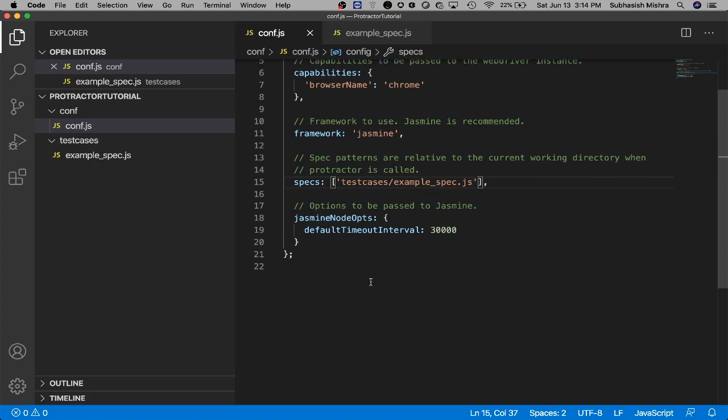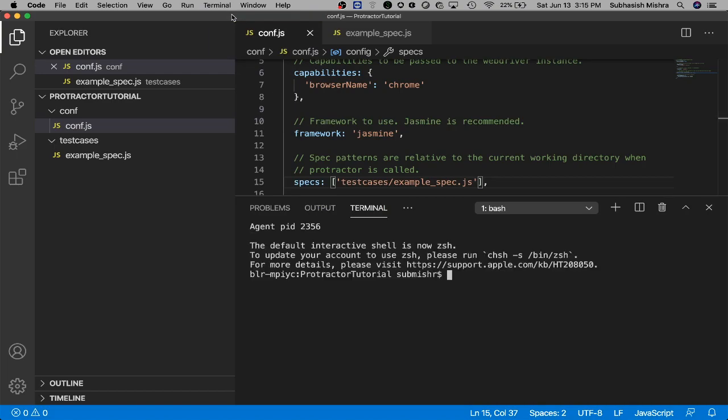Now let's execute it. How will you execute? You can go to your command line and execute this like we have seen in our previous video, or you can use the inbuilt terminal of Visual Studio Code. Visual Studio Code provides an inbuilt terminal, so let me show you that. Here is the terminal, you can see, right? If you go to the top menu, you can see the terminal. Just click on this and click new terminal. So from here we can execute.